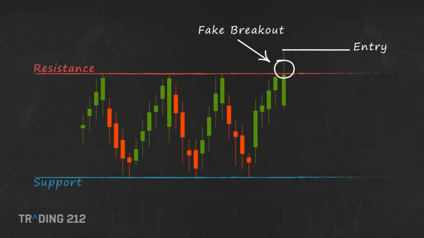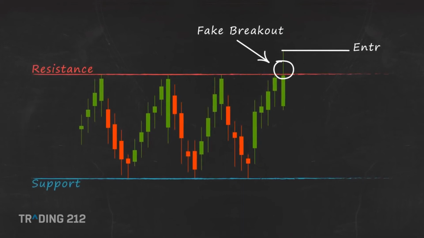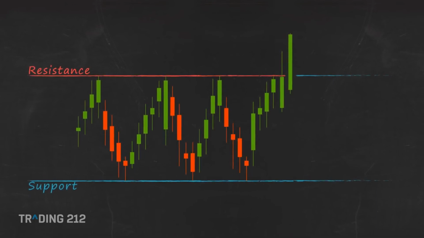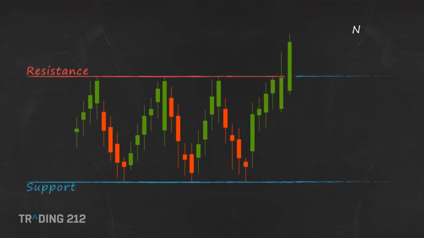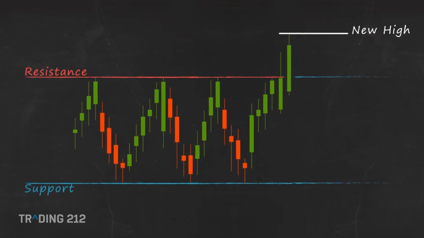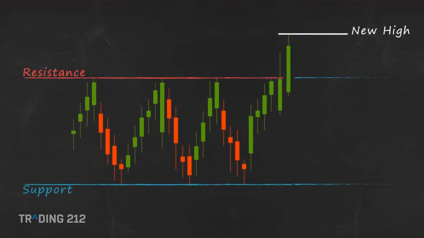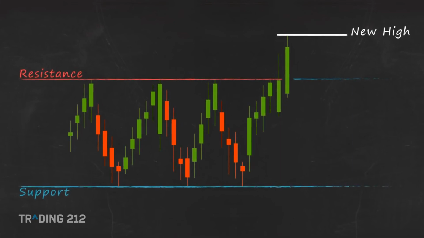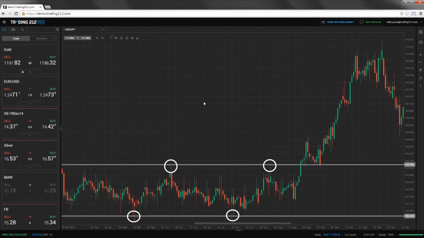In order to decrease your chance of trading a fake breakout, we suggest you wait to see if the price will continue to move in the intended direction. For instance, it's good to wait for a new high before going long. In this way, you will sacrifice some of the momentum of the trend, but you will ensure it's going in the direction you anticipate. Let's go to the Trading 212 Pro platform to illustrate a real live example of trading